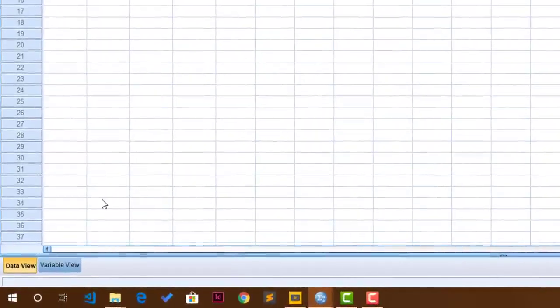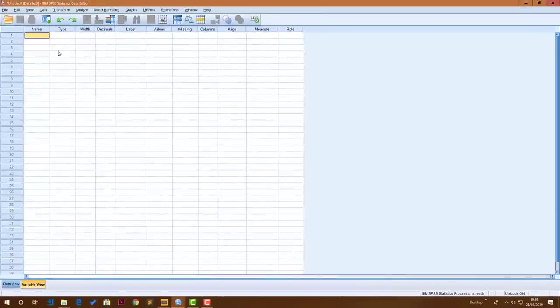Right, so I've opened SPSS. You see that the interface may look similar if you have ever used Microsoft Excel. It looks like a spreadsheet. This spreadsheet is divided into two. There is the data view here, which is where you see your actual data, and there's the variable view, which is where you actually define and edit the questions that you've been asking on your survey or whatever questionnaire